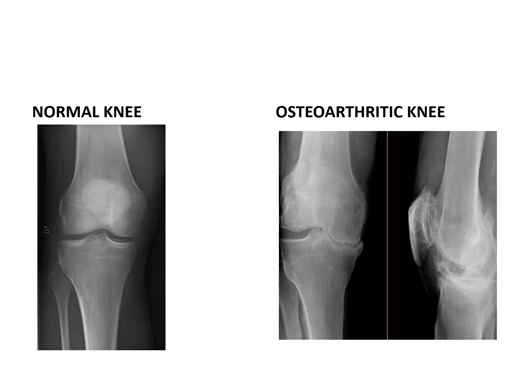So you can see on the left hand side, it's a normal knee. The joint space between the tibia and the femur is normal. However, when you see on the right hand side of the X-ray, there is an osteoarthritic knee. You can see that the medial joint line or the joint space is reduced, along with osteophytes formation.